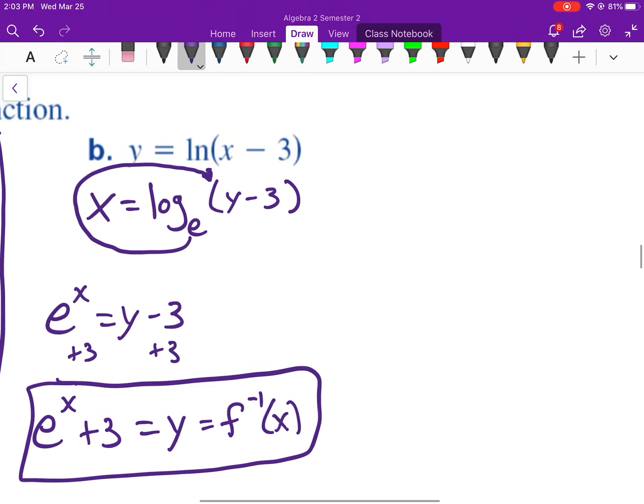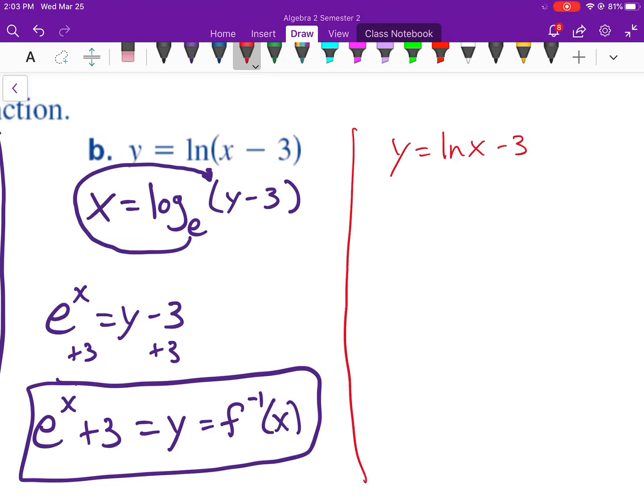So I'm just going to give us the proper notation. Now, I do want to do this. Let's say we had y is equal to the natural log of x, minus 3. There is a difference between this and the purple. In the purple, the minus 3 was part of your argument. In the red, the minus 3 is not. That's saying log base e of x, that's your value, minus 3. So in the case of the red, we would actually have to add the 3 over first. So we have,